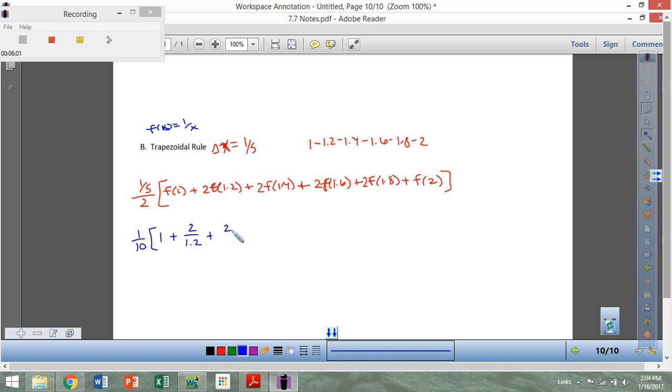And that trend's going to stay the same for the rest of these. 2 over 1.4, 2 over 1.6, 2 over 1.8, and my last one I just have f of 2, so if I plug in 2 I just get 1/2, so plus 1/2. Again, using a calculator, if I evaluate that, multiply by 1/10, I get my estimation here to be